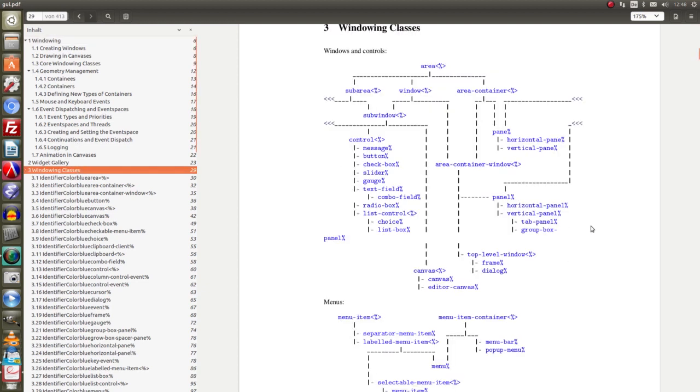So all this is split down into classes, like you can see here on this page, covering the window classes. And you can see all those stuff here is inherited from a base class named area. In the next level you get sub areas, windows, container classes, and after some forking you can see here all those controls, you know, like messages, buttons, checkboxes, sliders, and